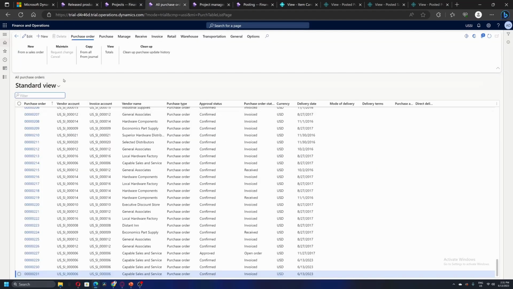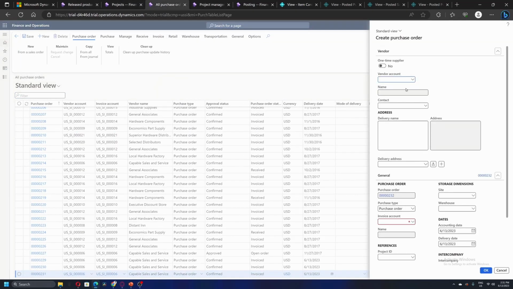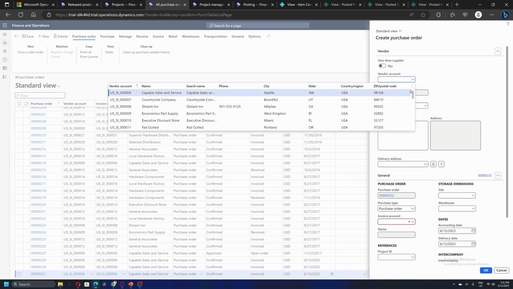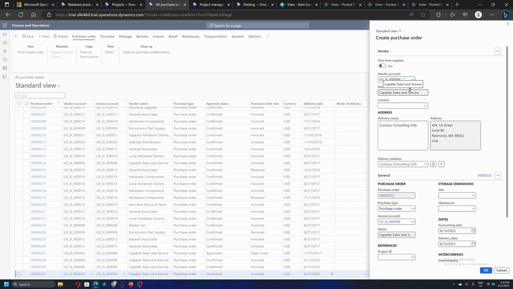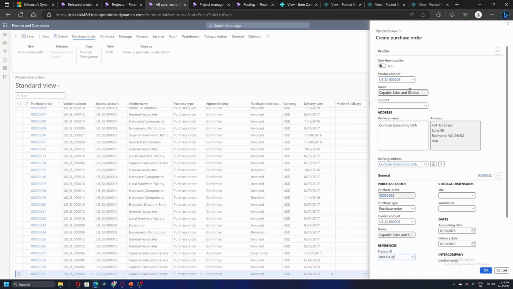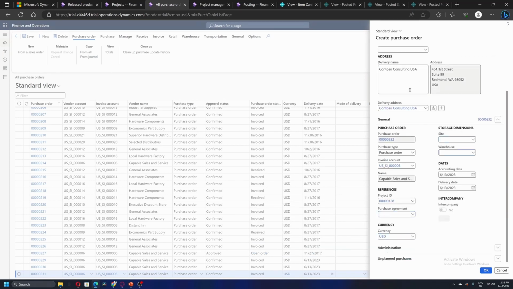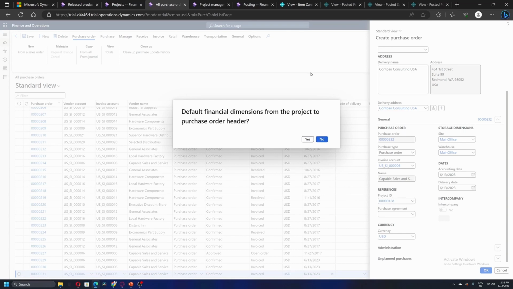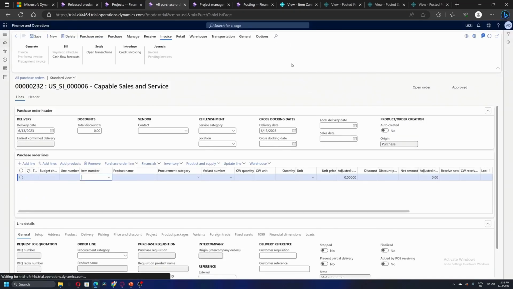So let's quickly create a purchase order. I'm going to create a new PO. On the new purchase order, I have taken the project, which is 128, and in this purchase order, I am going to take the same item, which is project item 1.